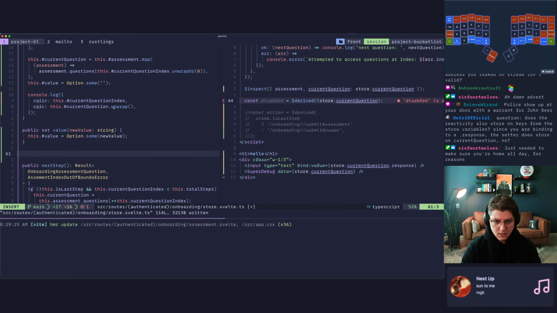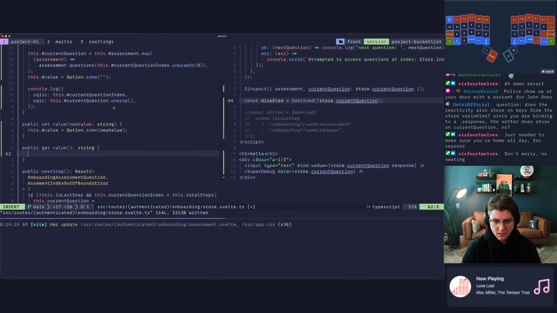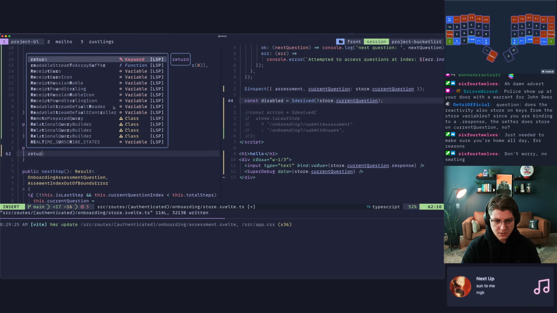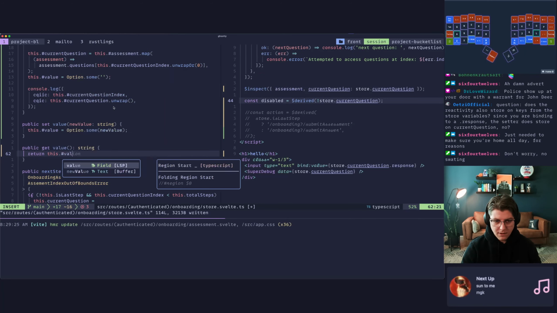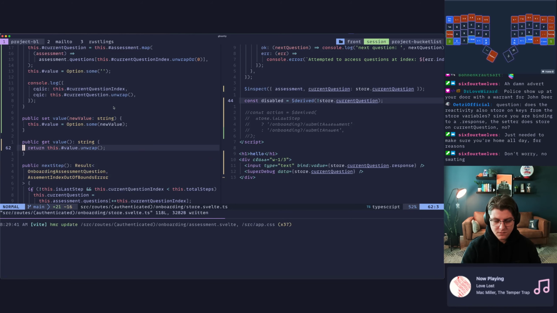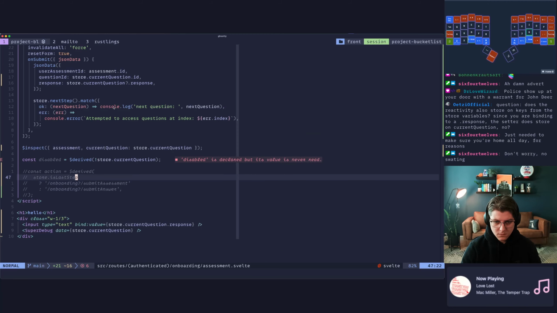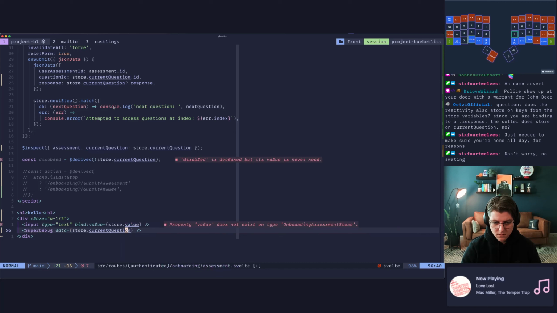So we'll say public get value, which is going to take nothing and return a string. Then we return this.value.unwrap. And then we can go back to here, and this is going to fuck up. We can get store.value. If I could type.